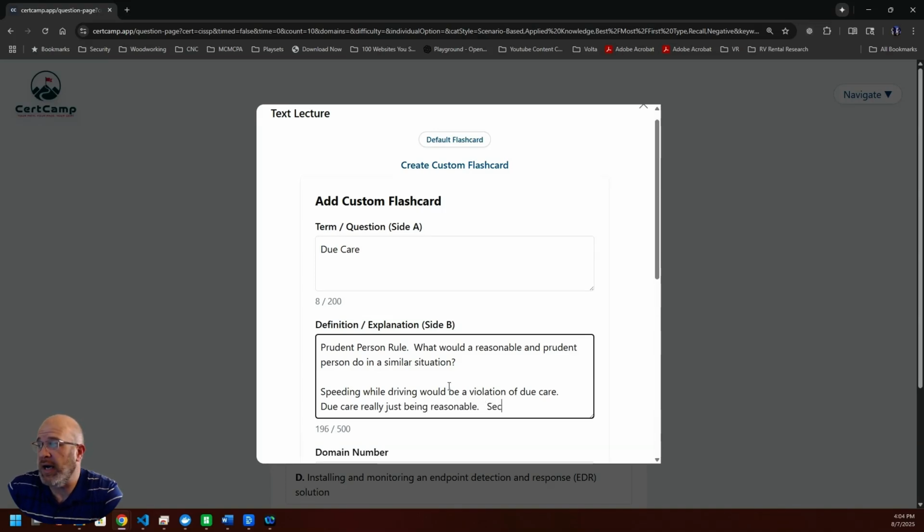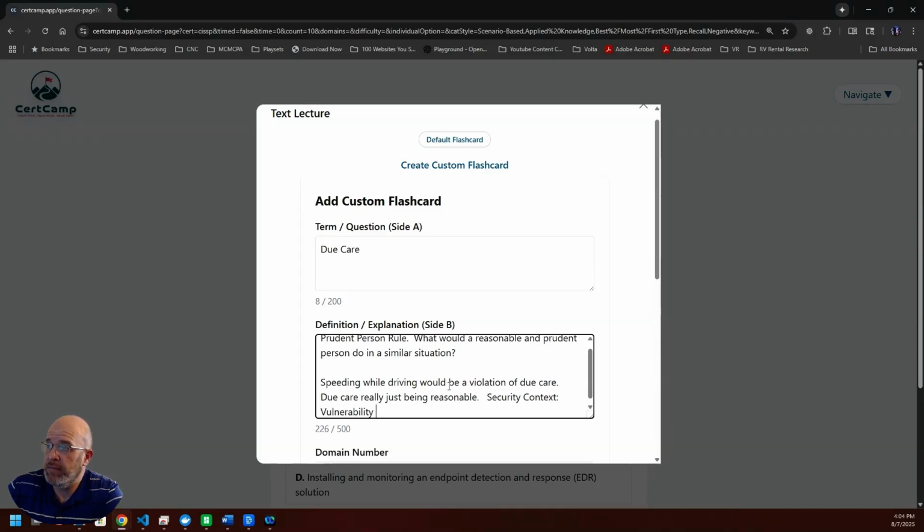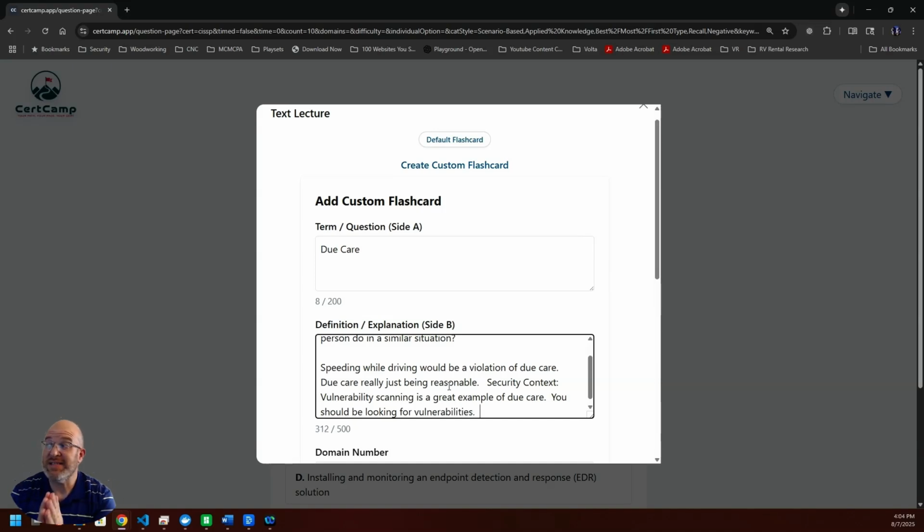So in a security context, I might say vulnerability scanning is a great example of due care. You should be looking for vulnerabilities, right? Some people want to understand just a small amount of it. Some people want a bigger definition, but the most important element here, and this is the biggest takeaway,